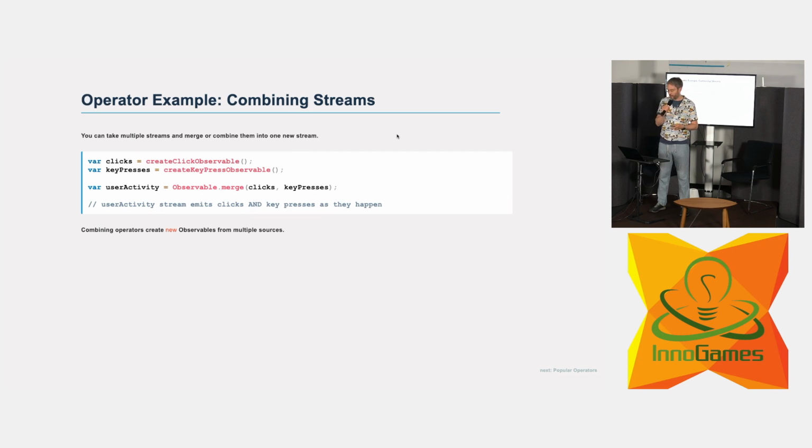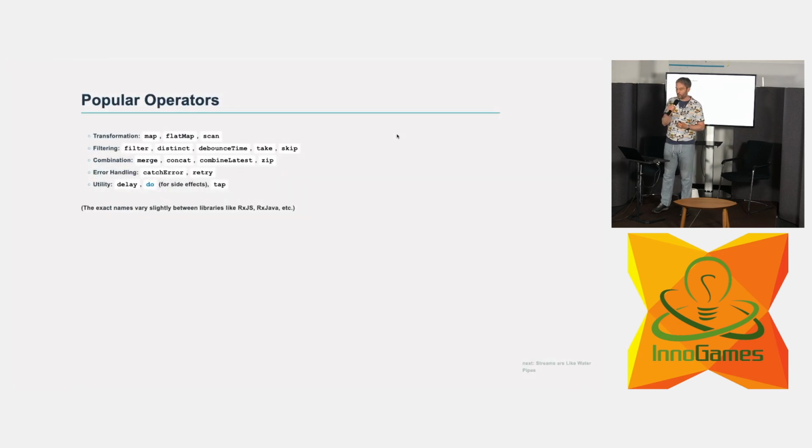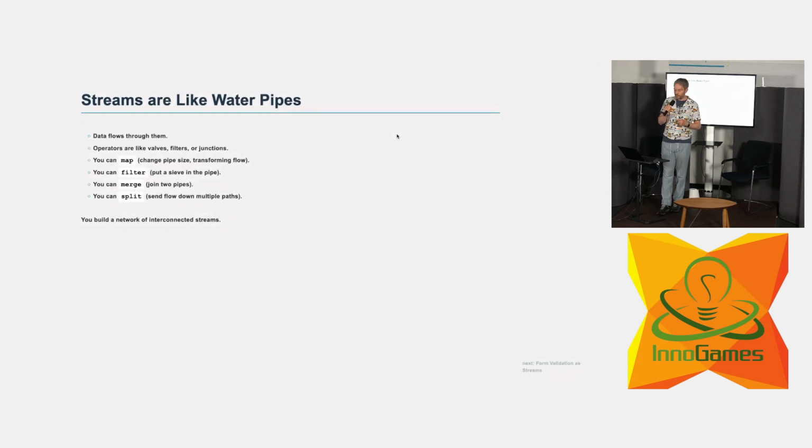So popular operators in different frameworks look like this, more or less. They might, depending on your framework. For example, Rx.NET will rely heavily on C#'s LINQ, and it might look different; your mileage may vary. Where I want to get to with these things is, and I want to give you this picture in your head,